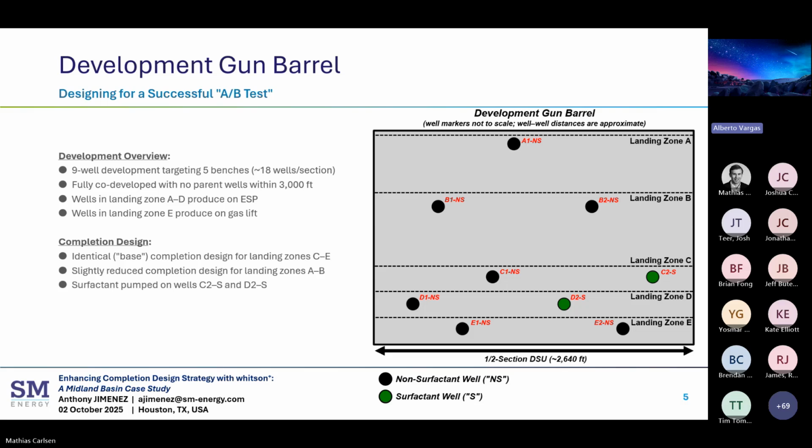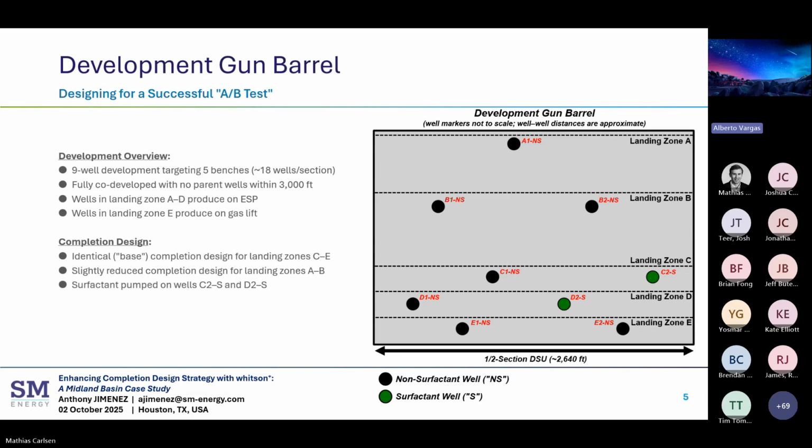We'll focus primarily on landing zones C through E for this work. What you'll notice is that we tried to keep the gun barrel as symmetrical as possible. So if you were to envision a line right down the middle, as best as we could, and this was intentional, we kept all of the interwell spacings approximately the same. Then all the completion designs that we did as far as stage architecture, fluid loading, proppant loading, all that remained